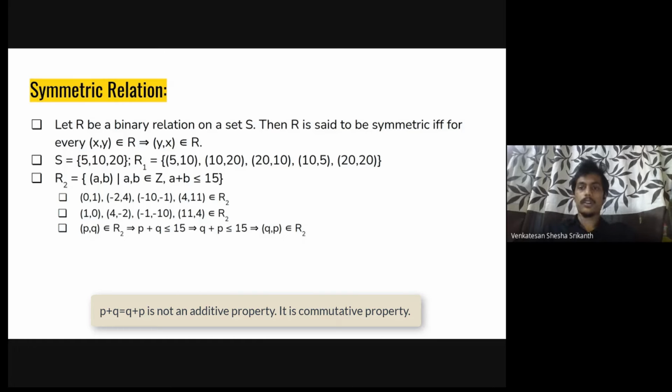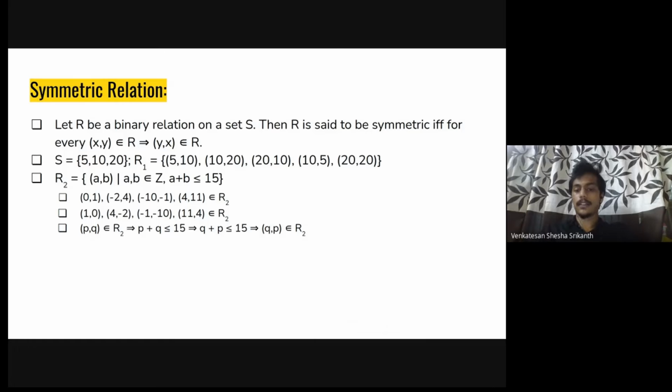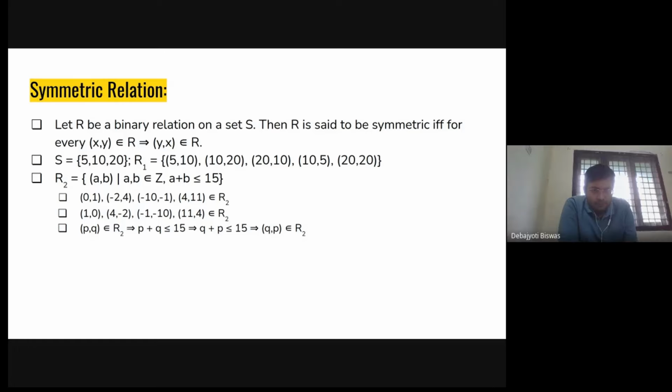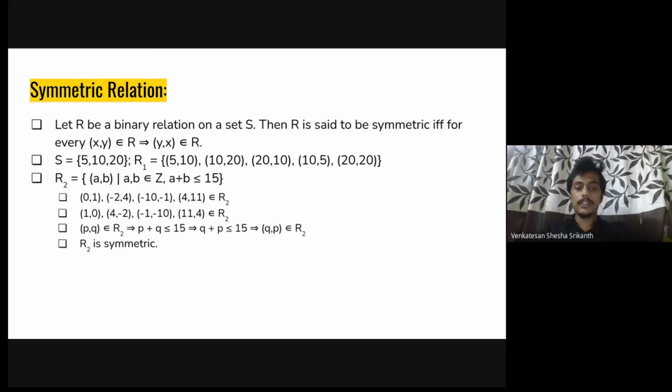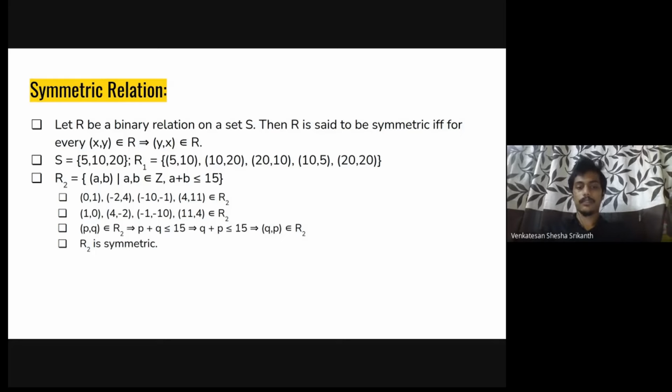Therefore, for every element (p, q) there is a symmetric element (q, p) in my R2, which makes R2 a symmetric relation. So R2 is symmetric. Will this be reflexive?